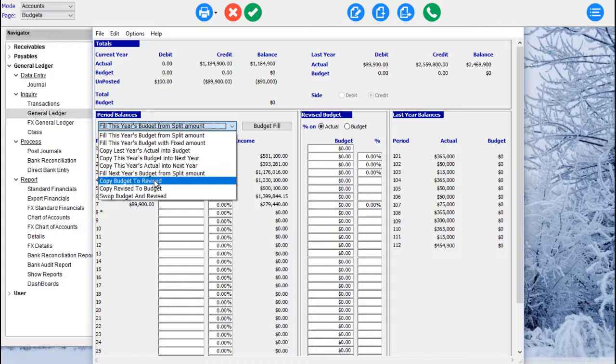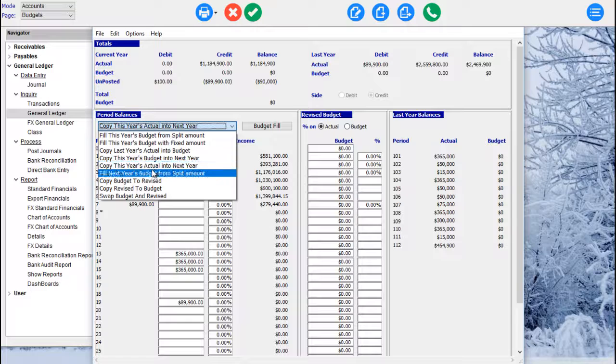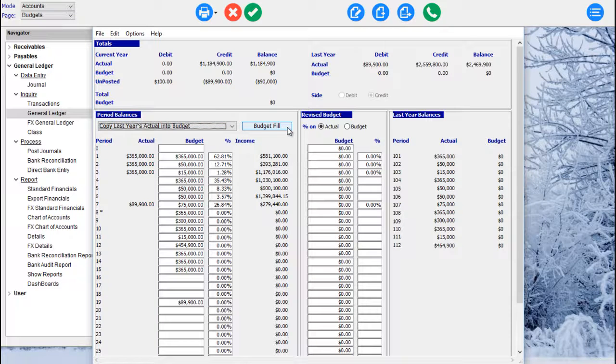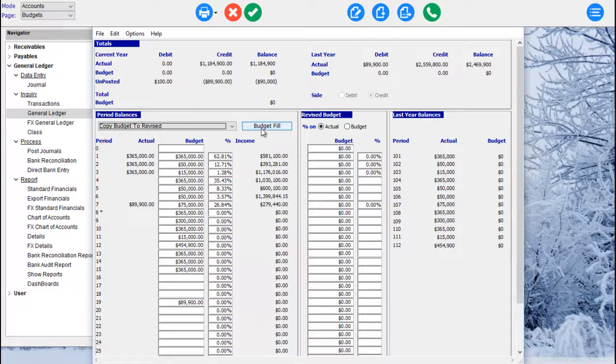We have the ability, as an example here, to copy last year's actuals into the budget, so we go budget fill, and that'll copy last year's actuals. Now if I wanted to, I could then copy the budget to the revised budget, and then we can copy that over to the revised budget if I wanted to, and hit budget fill and it'll copy it over here